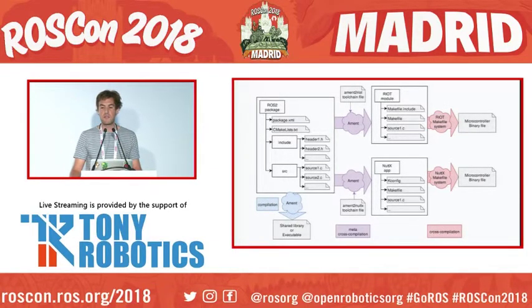On the left side, you can see how a regular ROS2 package is composed of source files and CMake lists and so on. And you will use Ament to compile that. Or right now it's Colcon. When we did this prototype, we were using Ament. You will use Ament or Colcon to create a binary that you are able to execute on a microprocessor. And the idea we came up with is using this two-step compilation process, where we first create